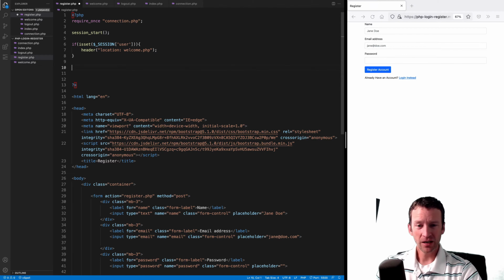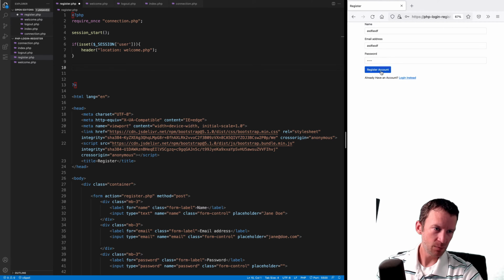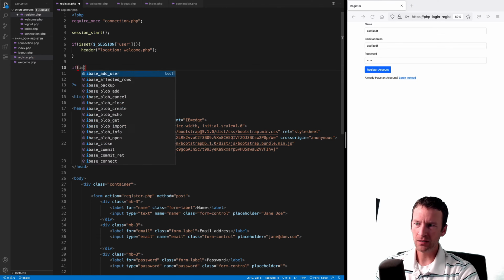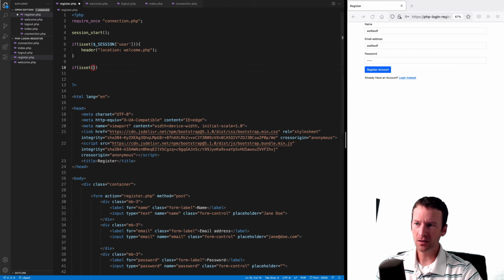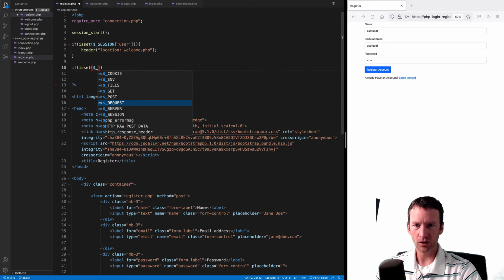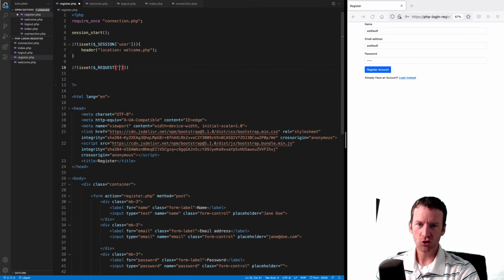All right. Now the next thing we need to do is check to see if this form has been posted. In other words, if it's been filled out and the submit button has been pushed. Because if that happens, then I need to write a bunch of logic. So we're going to write one more if statement here. We're going to say if, again, isset. And in this case, we're going to be using the request variable, right here called request. And we're going to be checking for